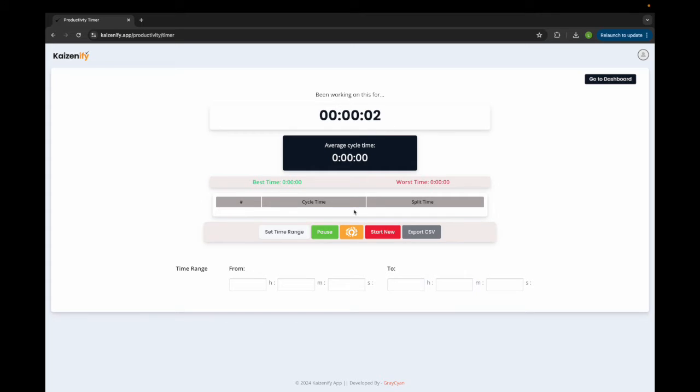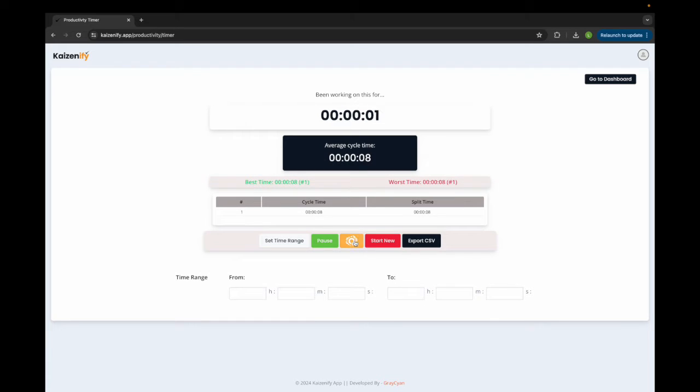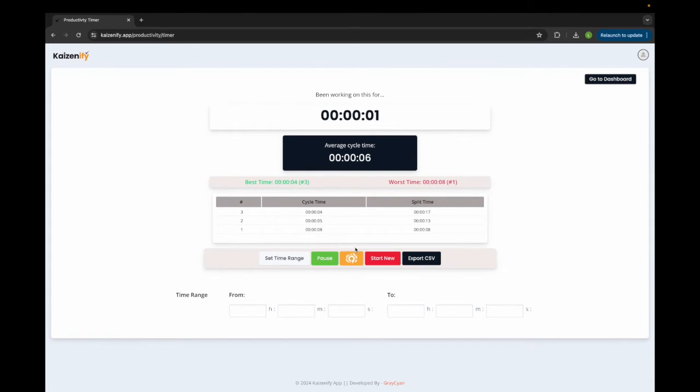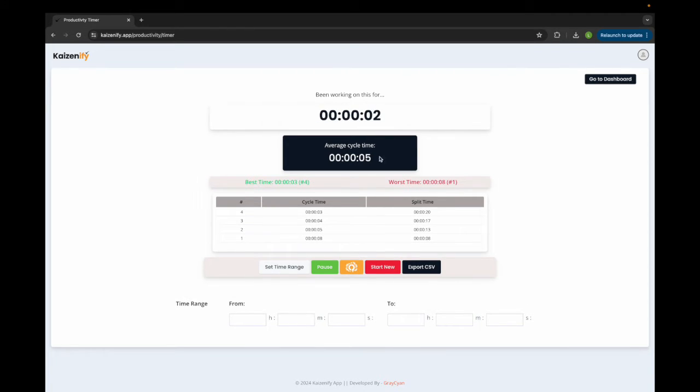The basic function of this productivity timer is we just hit the start button. This is now counting our cycle times every time I process something. Let's say I'm processing doors. Every time I process a door, I click this little orange button here. Process another door, and again. I have to use quick times for this demonstration, but as you can see, we are keeping track